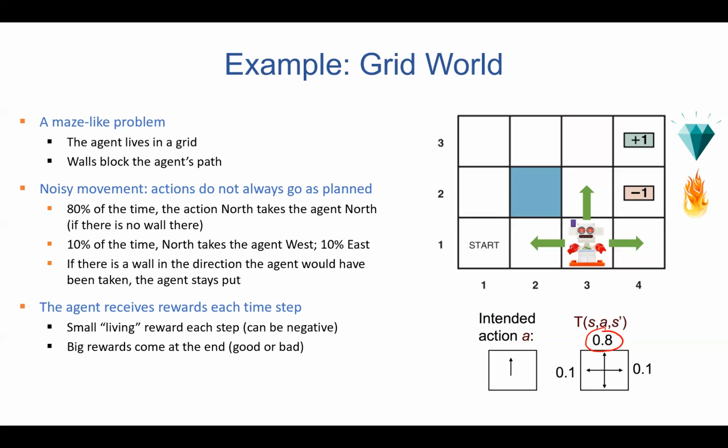We did not actually mention in the expected max search, when we expanded the tree, where those rewards are. All we had was the value at the leaf node or the terminal node, right? So that's what we're going to talk about today: how we can embed those rewards. Our goal is going to be to maximize the sum of the rewards, the sum of the living rewards that we will have.